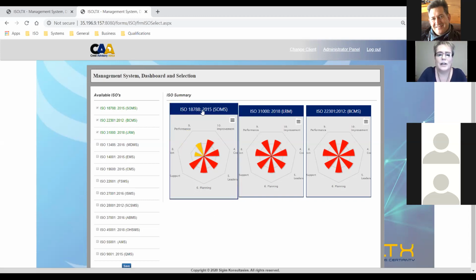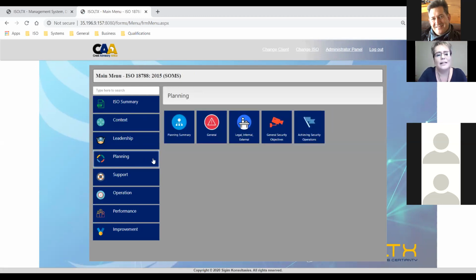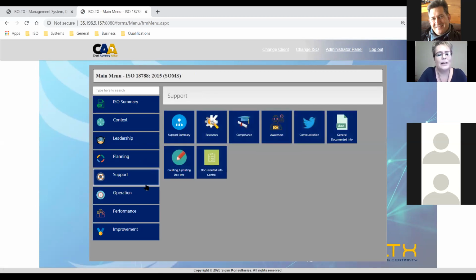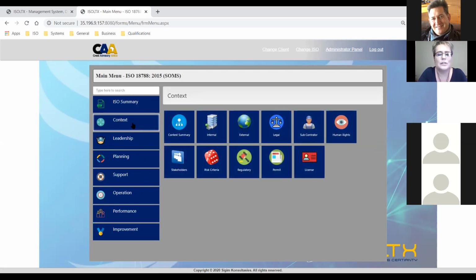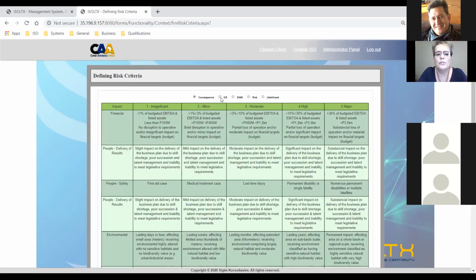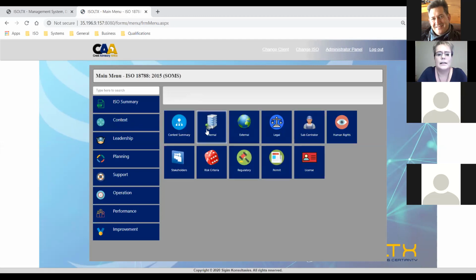If I go into security, the ISO 18788 as an example, you will see on the left-hand side, as I spoke through in the presentation, we have all the clauses with their sub-clauses under them, broken down on the left-hand side. I quickly want to take you into, for instance, context. If we look at any organization, you have internal context, external context, legal, subcontractor, and all of that. You also have risk criteria, and under the risk criteria, all your different matrices that you will be using will be defined. You will see there all the different matrices. If I look at internal context,